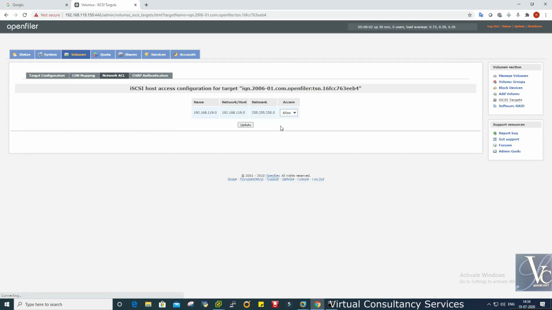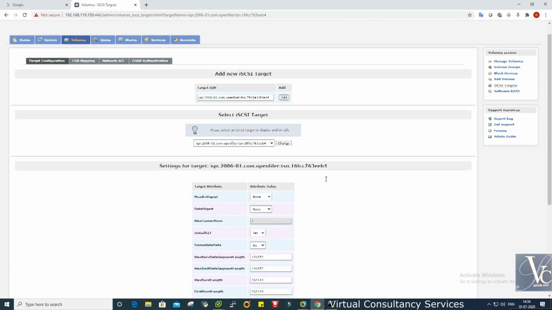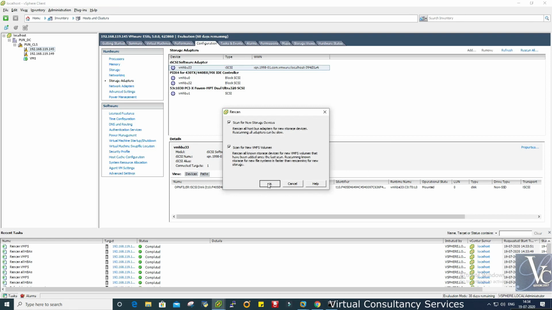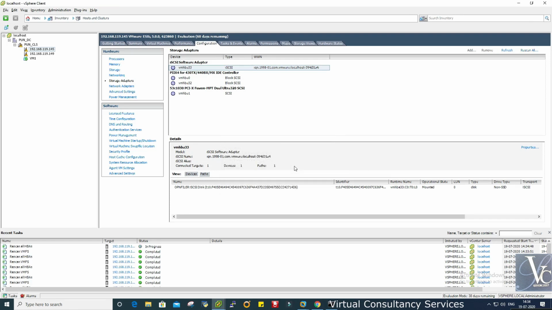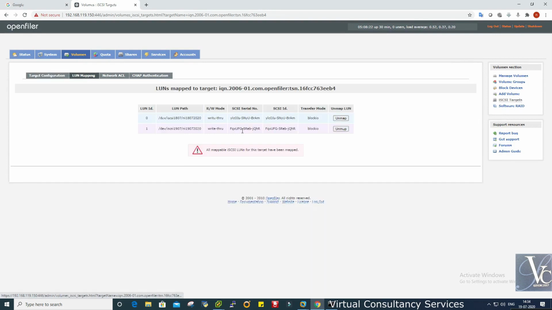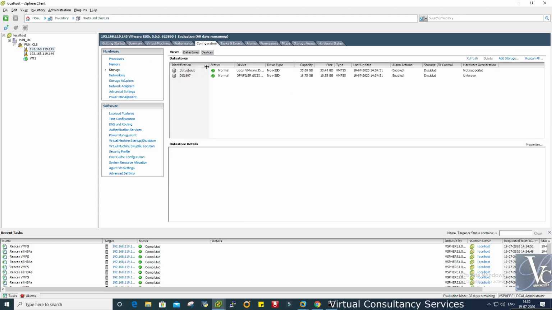Okay, this should be that. I did some settings. Now let's see. Yeah, it's showing now. I think we missed mapping the LUN mapping here. Okay, so now it is showing here as 10 GB.